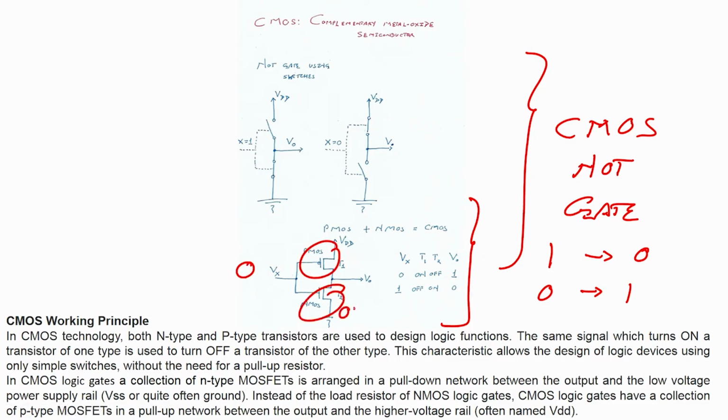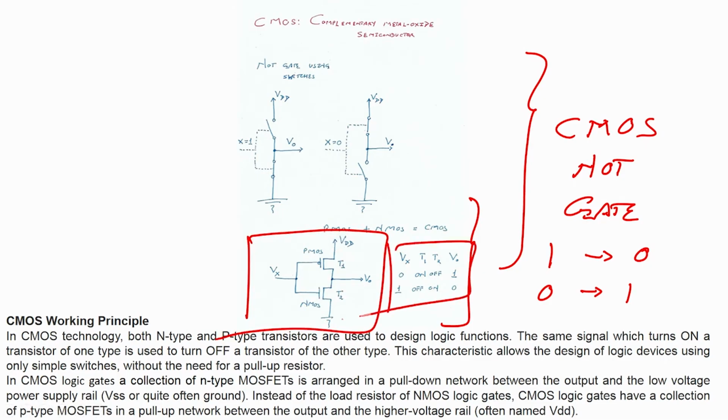So, that means my T2 would be off, T1 would be on, and that is why my output will be 1. Now, what is this? This is nothing but PMOS and NMOS connected together, in series, right. So, if I have the circuit this way, I can use it as a NOT gate,